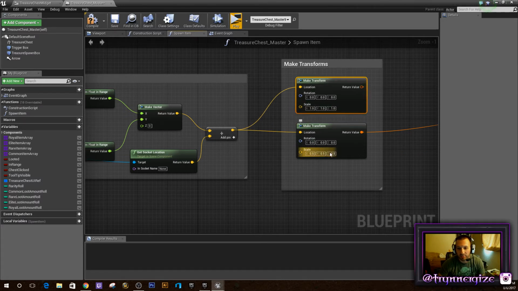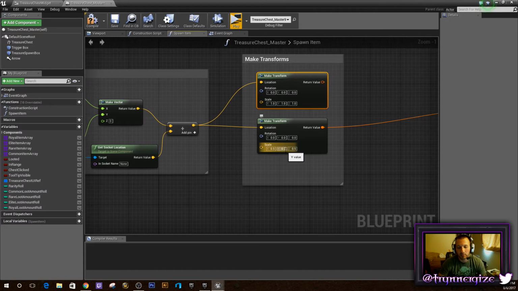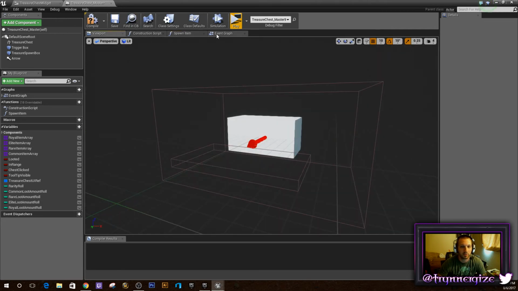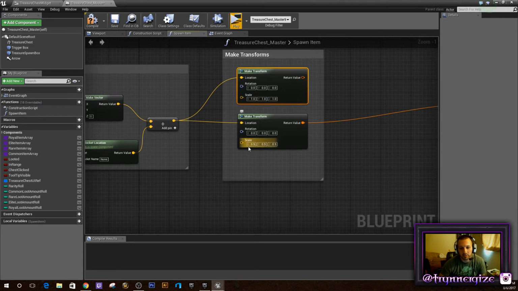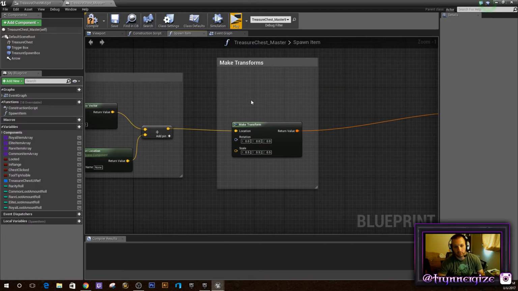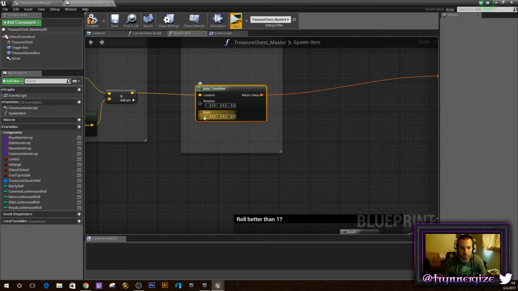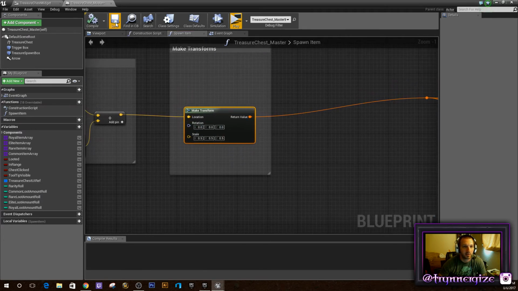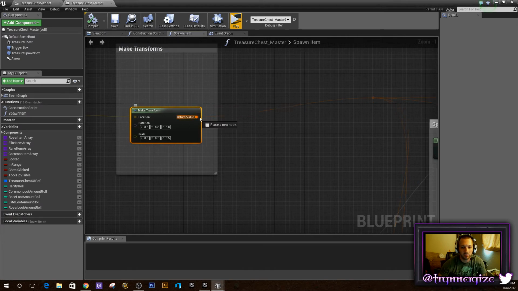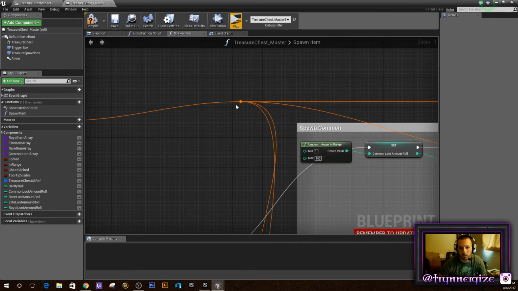I put it at 0.5 because my actors were a little too big, so I scaled them down. You don't have to do that if your actors are smaller. I can make the gear item actor smaller, and then I don't have to scale it. I can leave it at 1 or whatever. It doesn't really matter, but I scaled mine down right here, so that's the only reason why I put values in there. The rotation stays at 0, 0, 0. It doesn't matter. And then you take that return and you put it out to a reroute node right here,